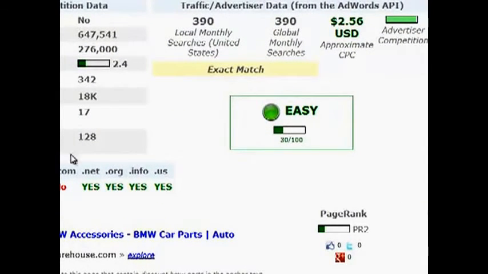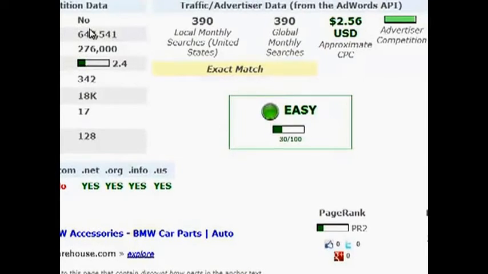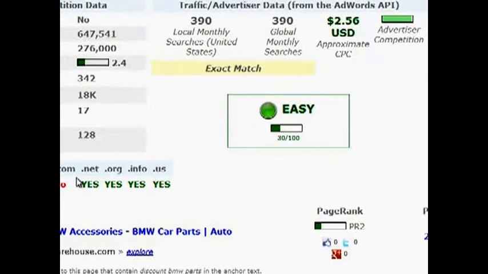I'm not going to go through all of these little data points, but some of them are extremely valuable. We show you the top level domain availability. So obviously, if you can get a domain with the exact phrase in it, that's going to give you a nice jump in the search engines, especially if it's a long tail phrase, which is what I always target with my sites. So as you can see in this case, there are 4 different top level domain exact match domains